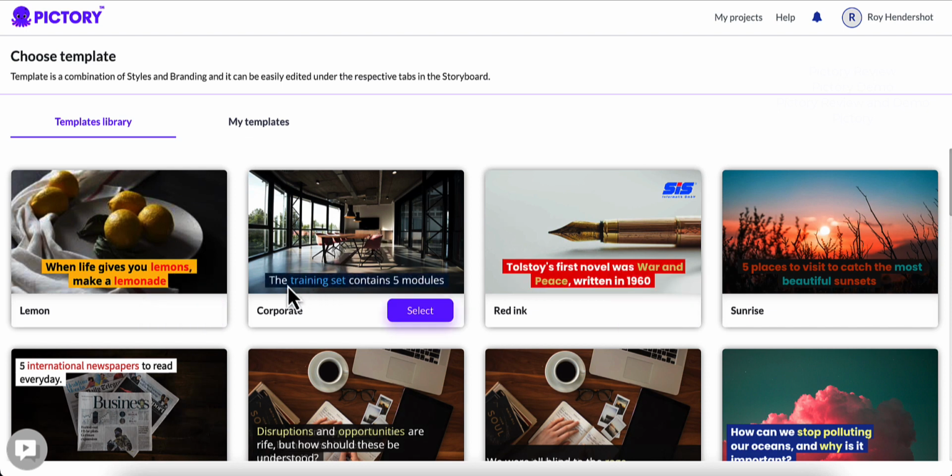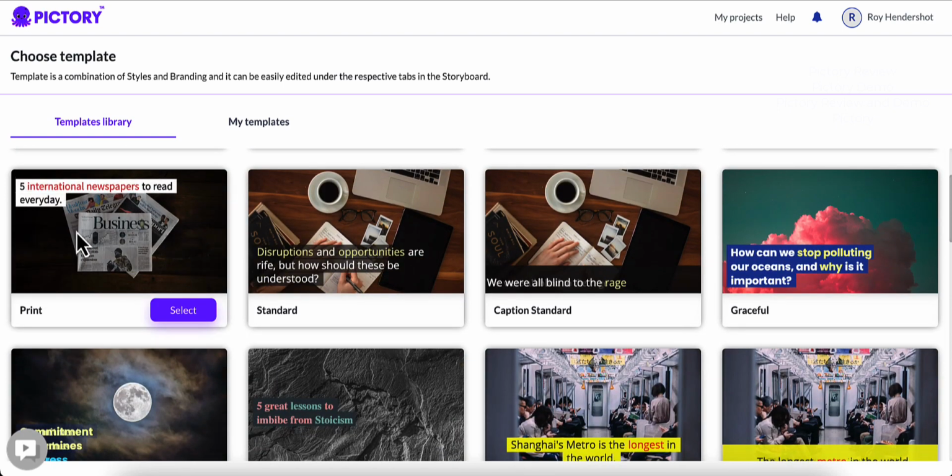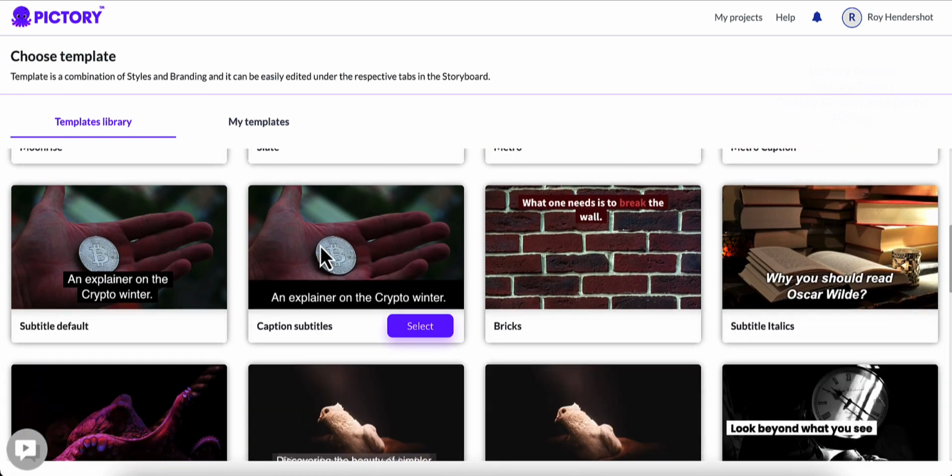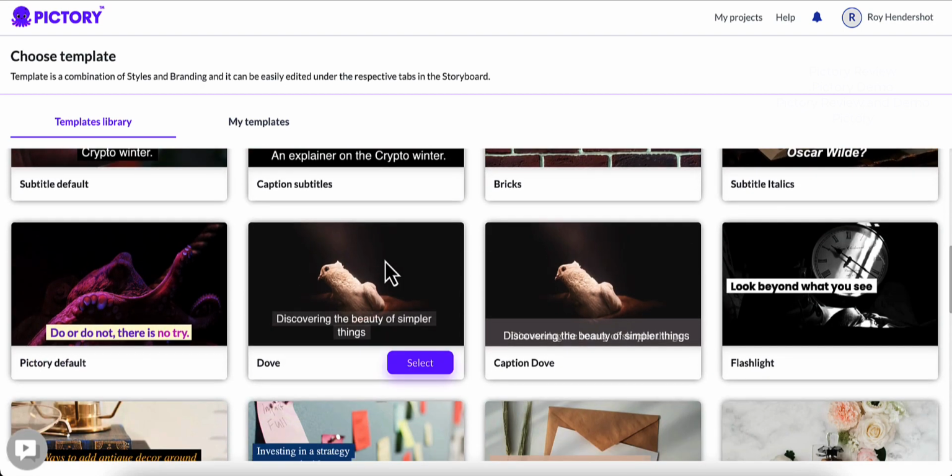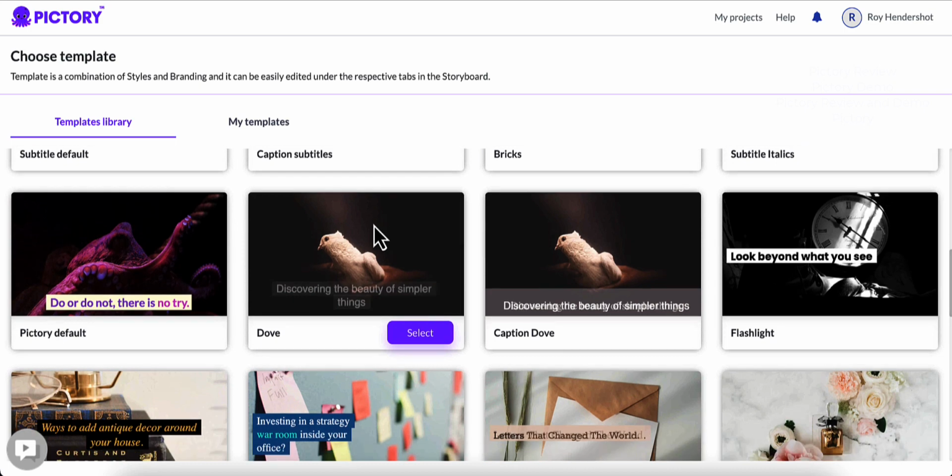And this one here is going to be a dark blue with white text and a light blue type of highlight. And this one here will give you this color all the way at the top, and things will be at the top instead of the bottom. So you can go through and look to see which templates you like to use.